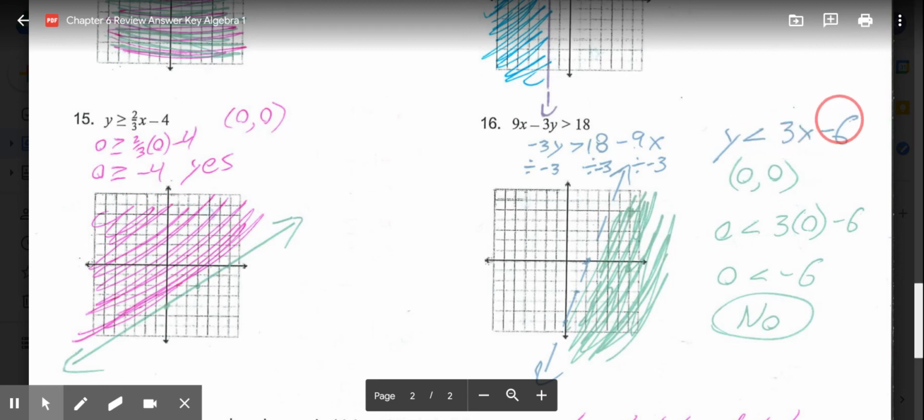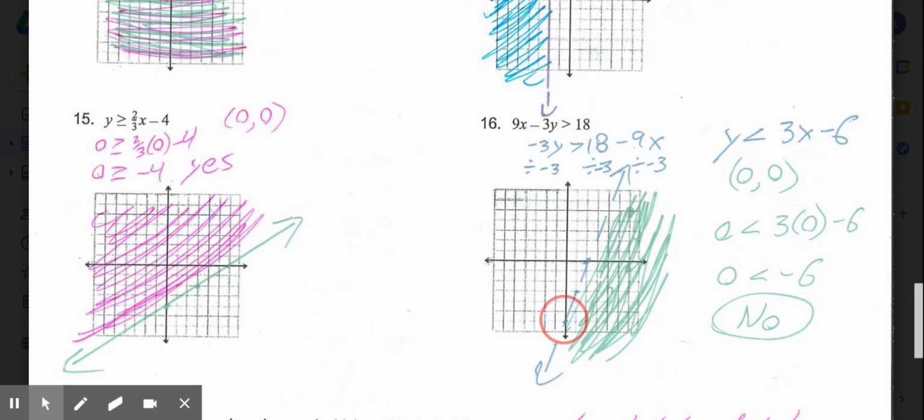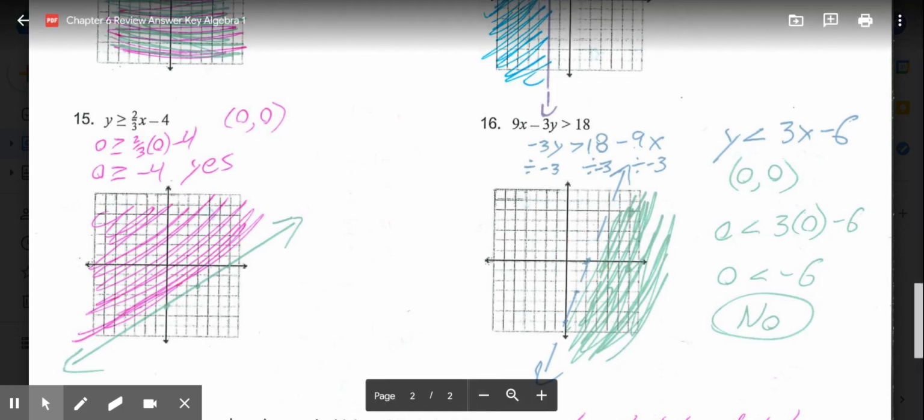So my y-intercept's -6, slope is 3 over 1. So we would start at (0, -6), go up 3, right 1 for our next point, up 3, right 1, and then you can draw your dashed line, because it's just less than, not or equal to,